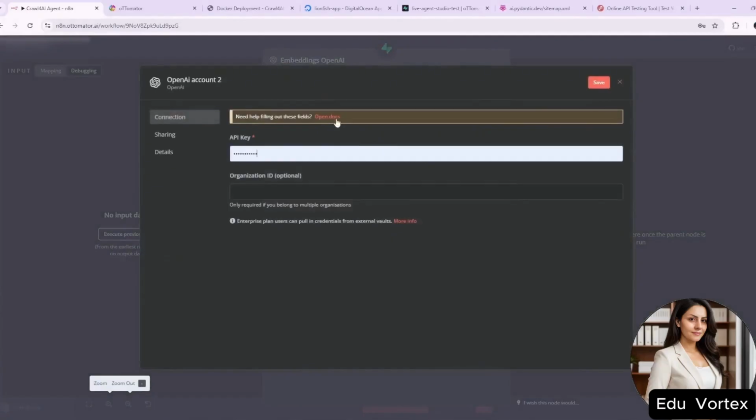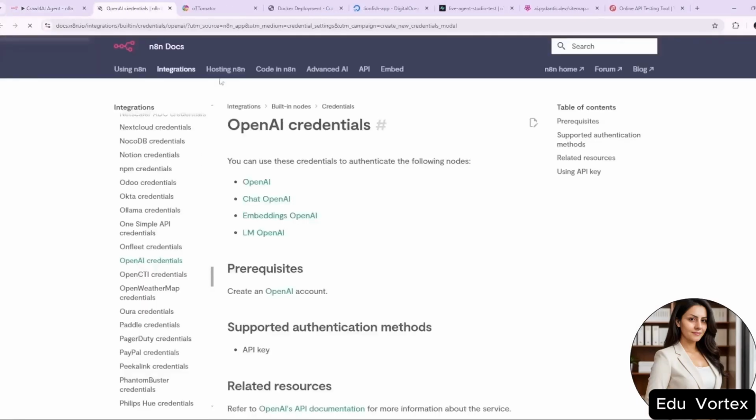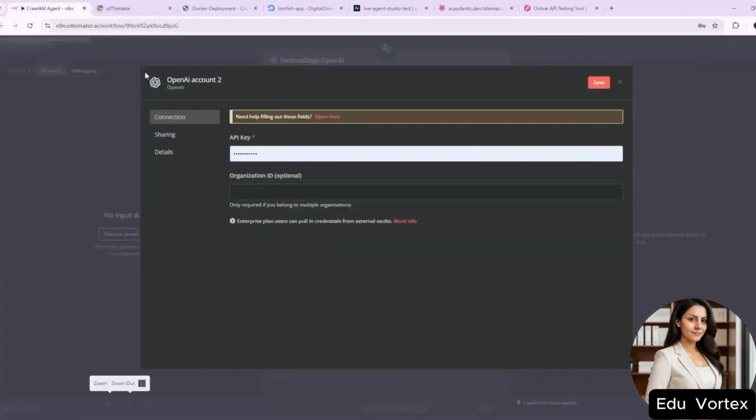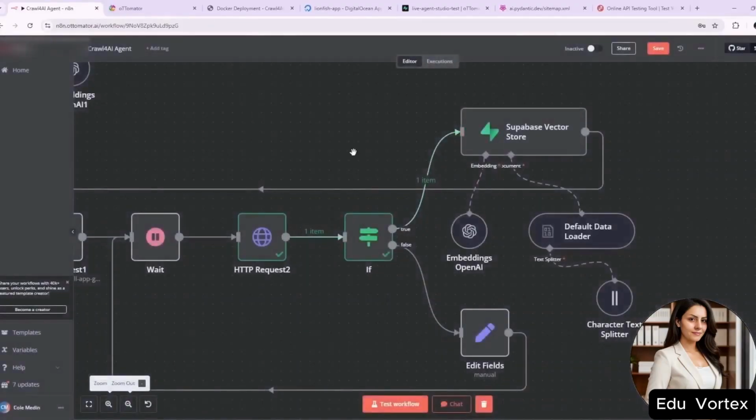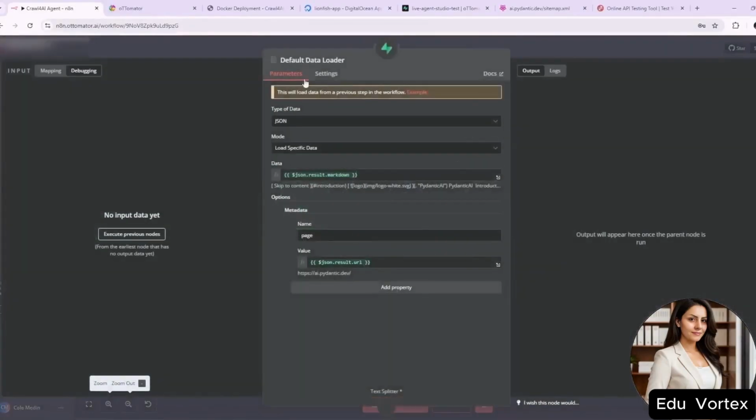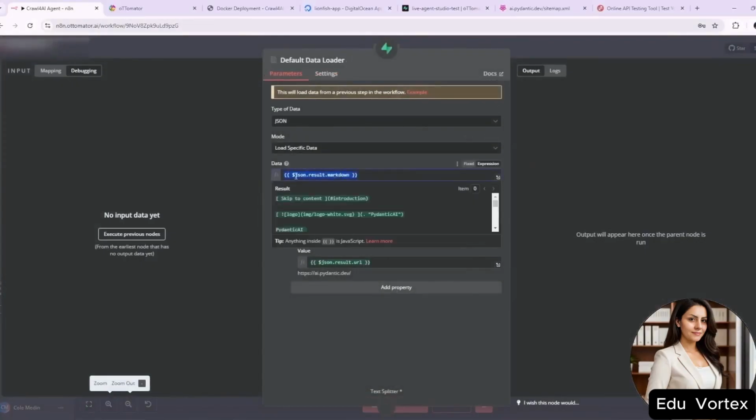You just have to click on Open Docs right here, and it'll guide you through how to get your API key, which you can basically do for anything in n8n. And it just makes it so easy to get all of your credentials. And then for the data loader, I'm just using the default data loader. And then the data specifically, I'm getting by result.markdown. So from the output of the last node, it's